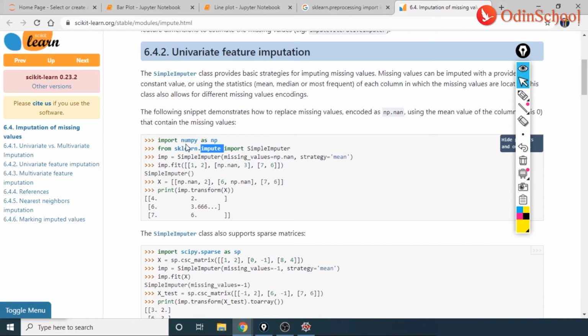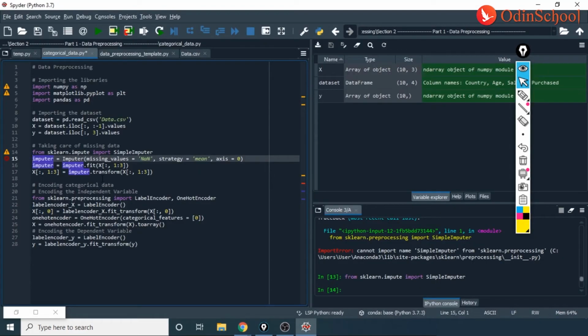So here we are using import numpy, after which I'm using sklearn.impute, which is understood. And then the next line is also not just what we've copied from here. We need to also change what is here.